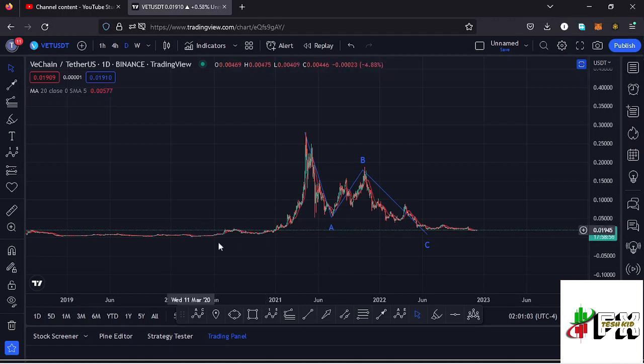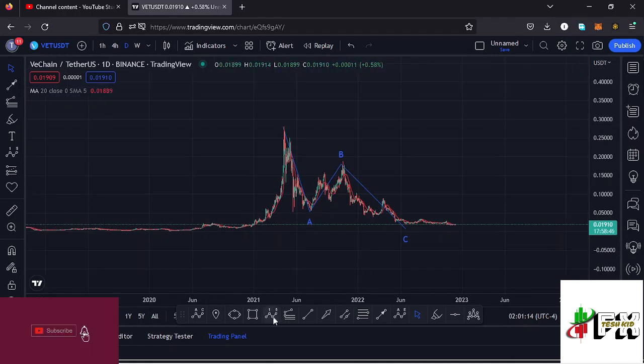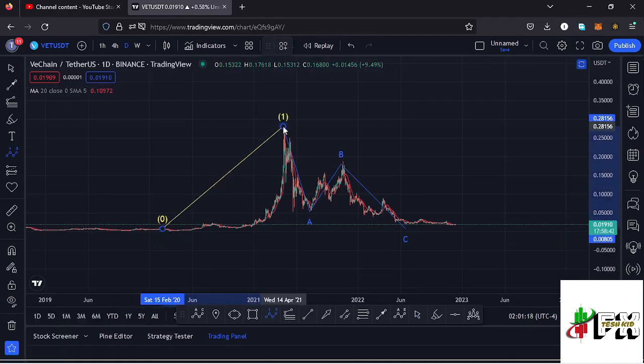Vechain chart. So Vechain, from these low prices that we had been trading within, we saw a very nice bounce to the upper side, making it to an all-time high at around the $0.27 mark. And in that movement to the upper side, I'm terming that movement as a higher Elliott wave count 1 to the upper side, and after seeing the all-time high, we had been seeing prices drop in this massive ABC corrective structure, which has now taken us back to around the $0.17 mark in a movement that I'm terming as a higher Elliott wave count 2, and there are chances that we might have seen the low for that higher Elliott